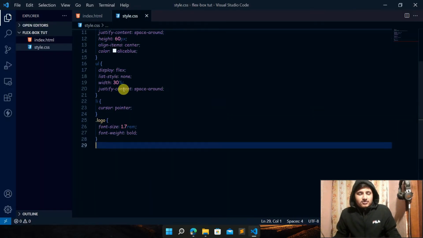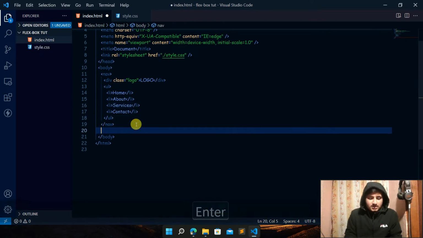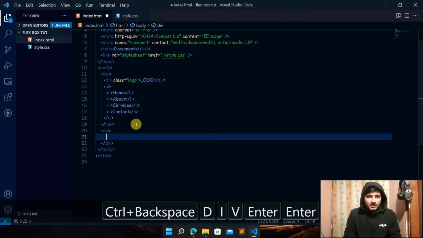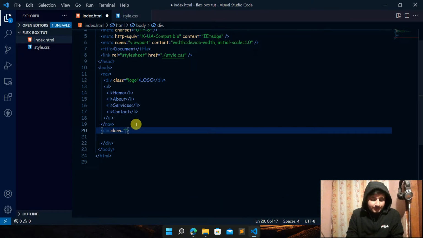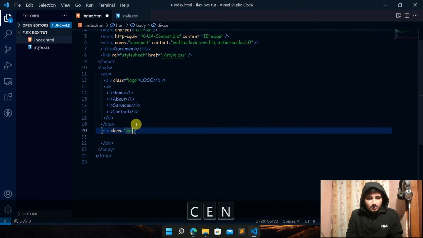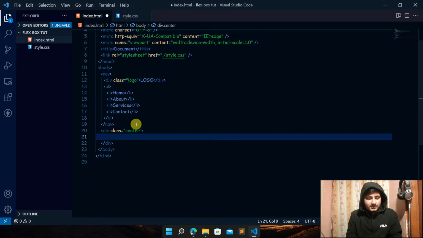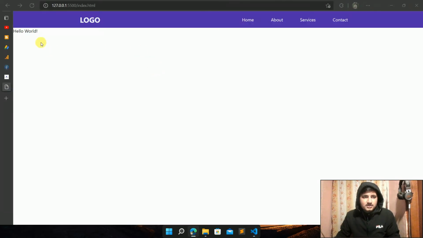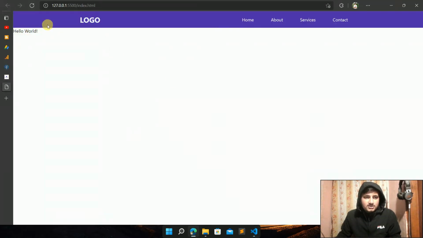Another thing we'll learn in Flexbox is we will create a section or maybe simply a div, and we'll give it a class of maybe centers. So we can have a text here, something like hello world. You can see here it has the text hello world, and now we are going to center this